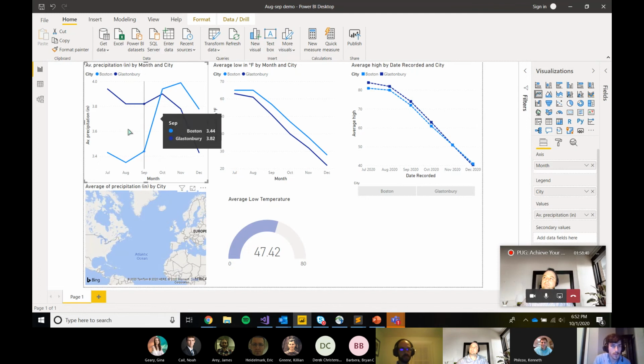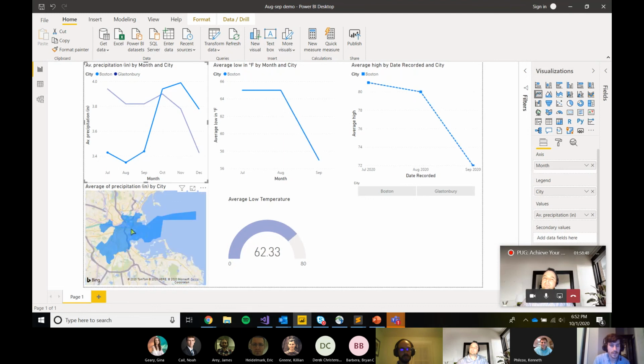And I just wanted to show one more example of kind of a cool use case for this. In this graph on the bottom, you have selected only points from Boston. It's going to zoom in on Boston for me and show me the average precipitation over those months.